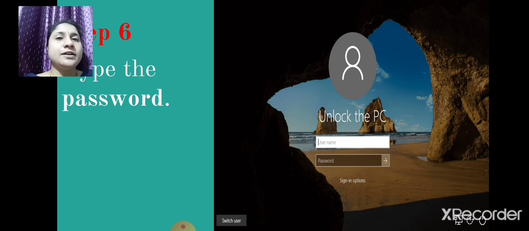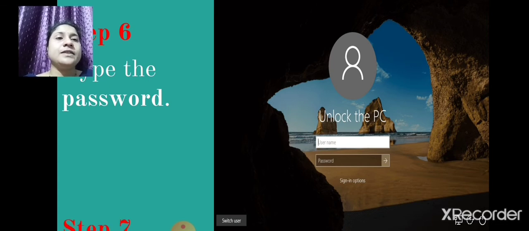You have to write a password there. The text given there is the user's name. There you have to type the password, and below you can see the password is written and an arrow is given. So in step 6, you have to type the password.